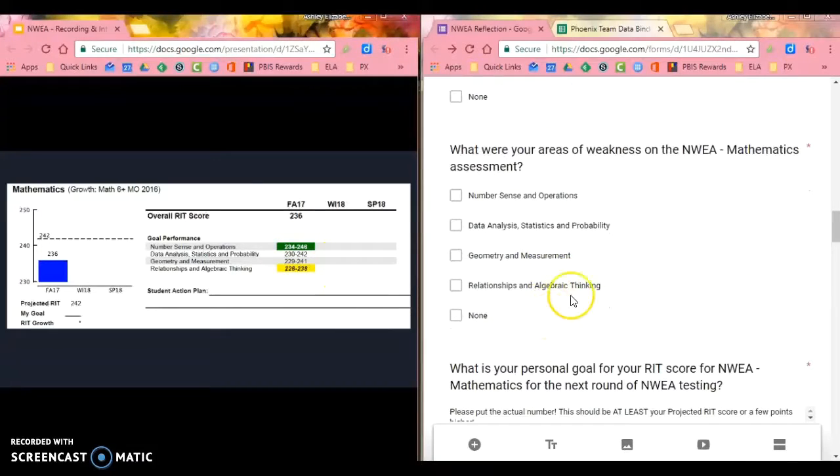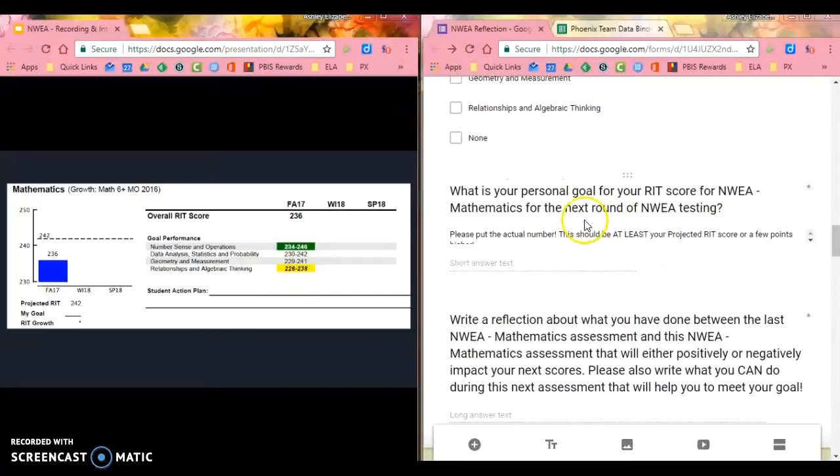And then areas of weakness or areas of possible concern were in yellow, or if yours is a black and white one, it will have italics, bold font. And you'll record those. You're going to record one more time what your personal goal is. And again, that's something that was there on your student action plan. It's also your SMART goal in your data binder.